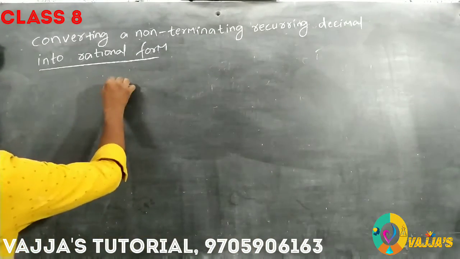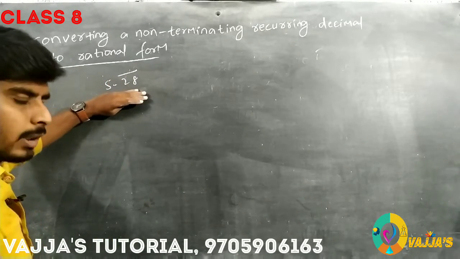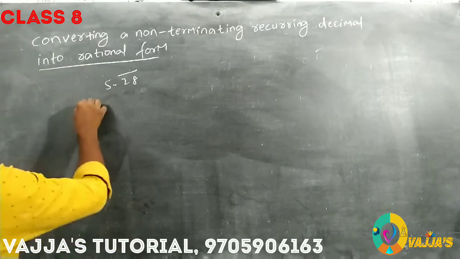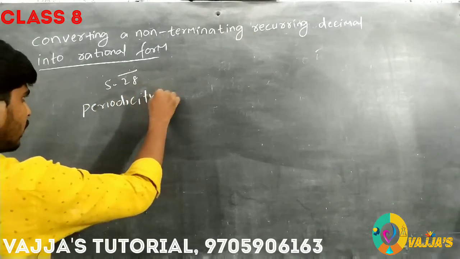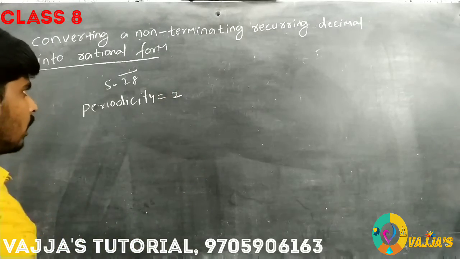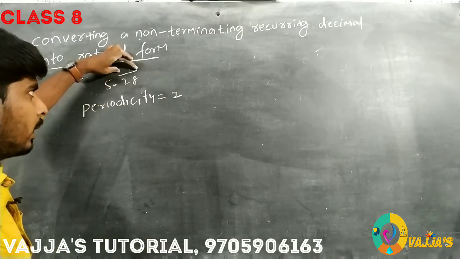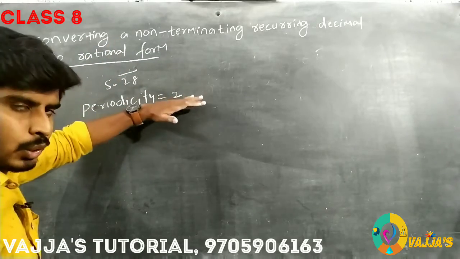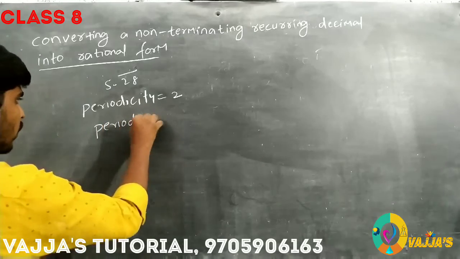Suppose we take 5.28 bar. Is it a non-terminating recurring decimal? Yes, it is. So what is the periodicity here? The periodicity is 2, because on 2 digits after the decimal we have the bar. That is why I am taking the periodicity as 2. So what is the period? Period is